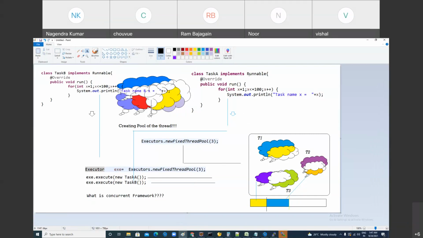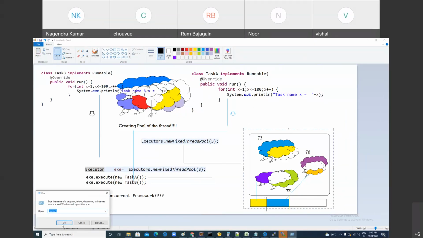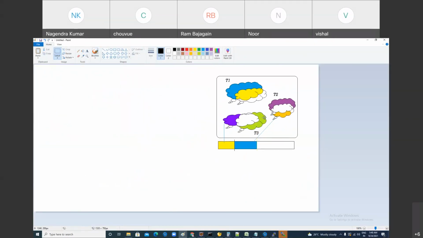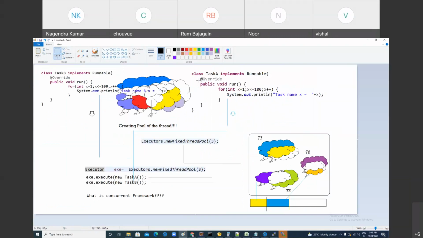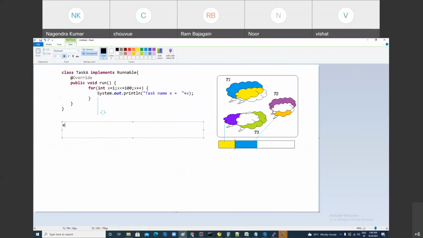So you can make a task with the help of Runnable, and you can make a task with the help of Callable. One task I will make with the help of Callable, and the second with the help of Runnable. I can take this Runnable task, and I am going to make another task. Task C implements